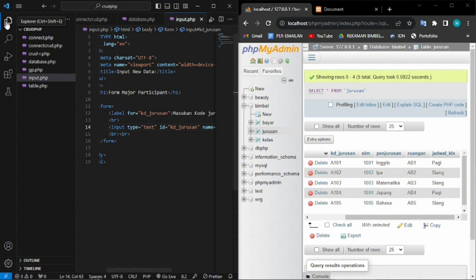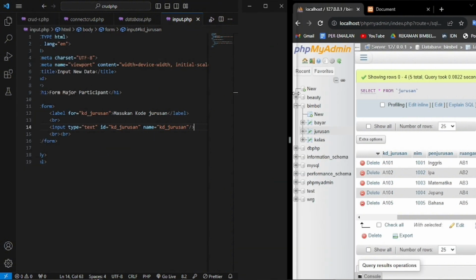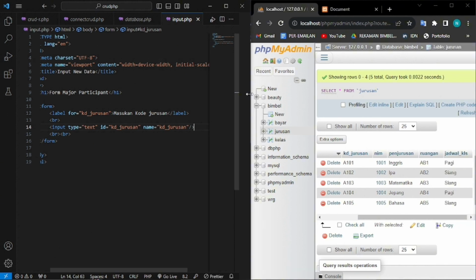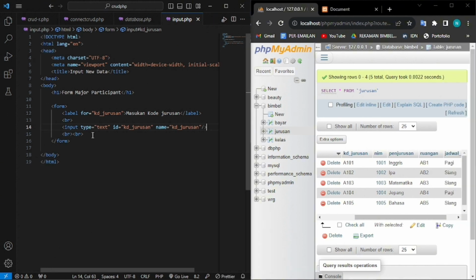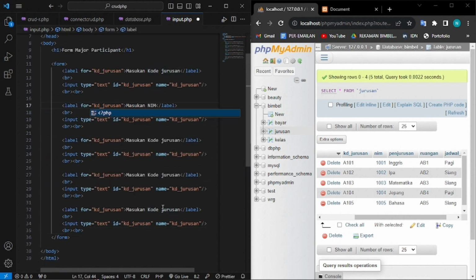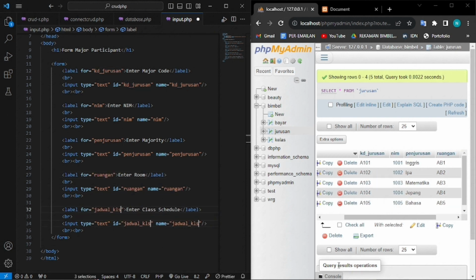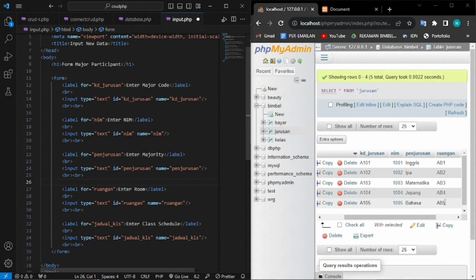So for the next one, we can just copy it like this, because we already make all of this the same as this field name,